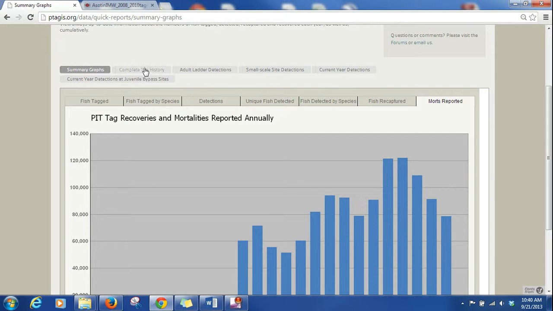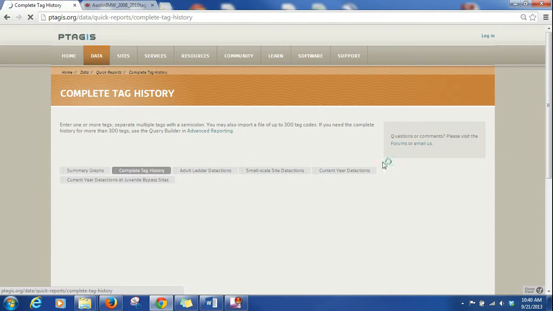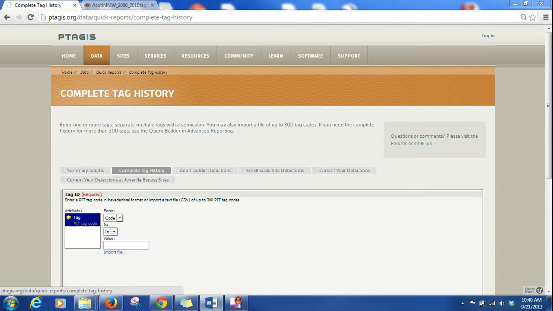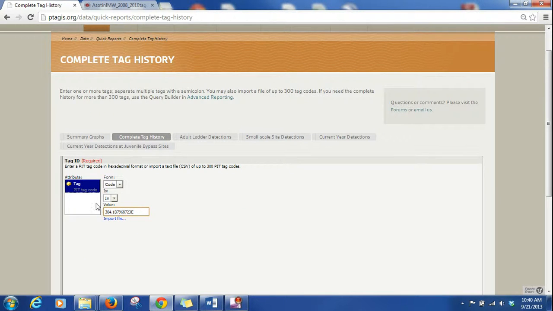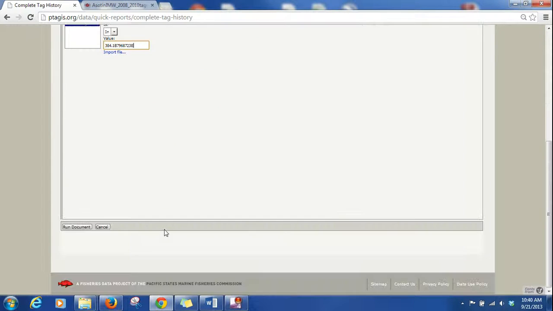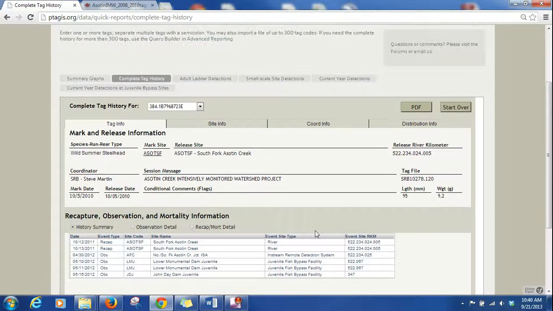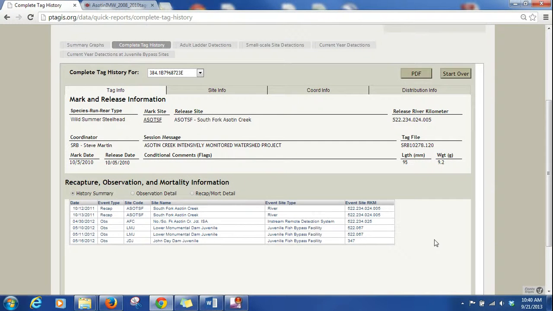We can also go up here and look at the complete tag history for an individual fish. So if you had a fish that you had tagged and you were interested in where that fish had been seen throughout the system, you could enter its PIT tag code in here. That's what a PIT tag code looks like, and you can find out that fish's unique history. So this particular fish was marked in the South Fork of the Asotin. That's where we were sampling on our field trip